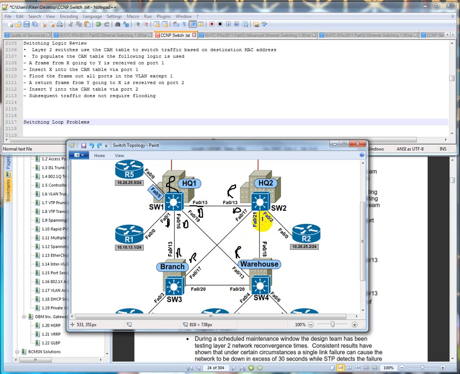This guy would be designated. This guy would be blocking. This guy right here would be designated. This guy would be blocking. The reason for that is because we already have root ports elected, so this guy's always going